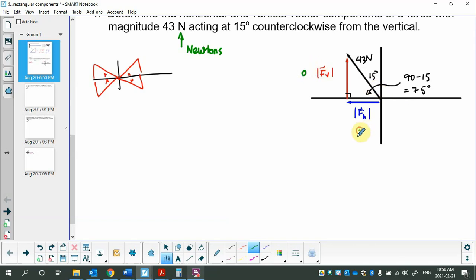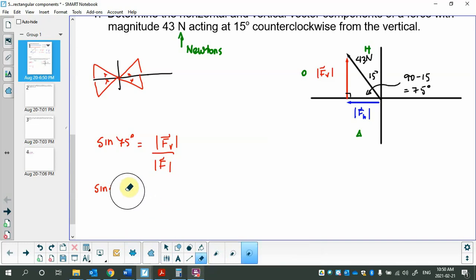So opposite, adjacent, hypotenuse. Even though there are formulas, I'm letting it do the work. I'll do the red one first. So I've got opposite and hypotenuse. So sine of 75 degrees is equal to the magnitude of the vertical component over the magnitude of the force itself. That's sine,